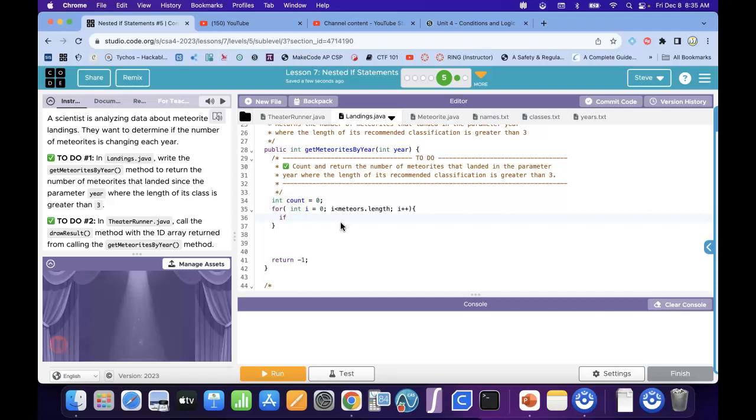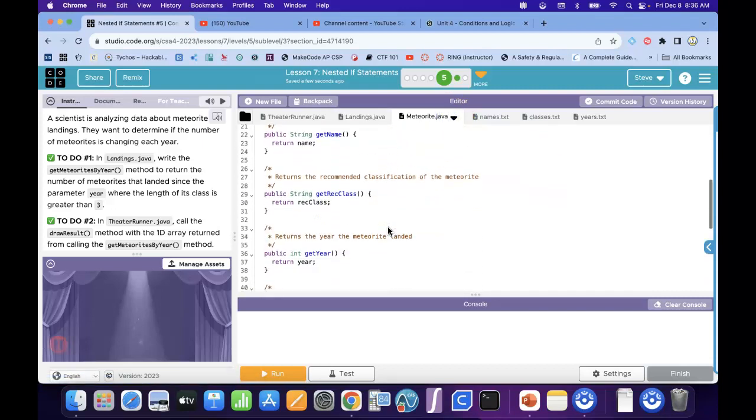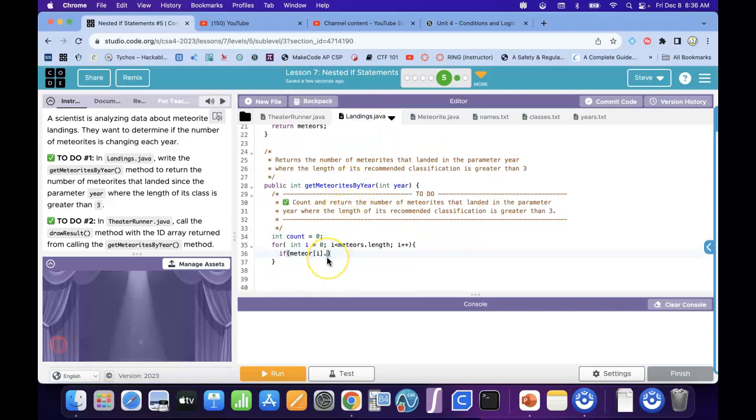Oh, so I want the year. So I'm going to take the ith element, meteors, and the ith element dot, I need to get, is that getYear? getYear, yes it is. So it is getYear, and that's an int, so I can use equal to get the year. So if the meteor in the ith place, if the year of that meteor is equal to the year here,